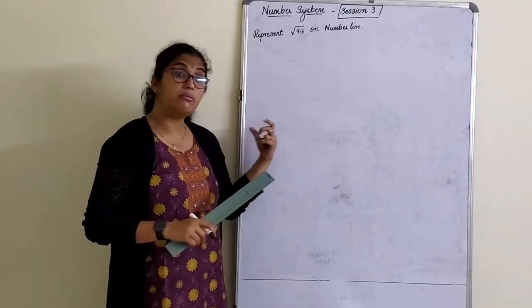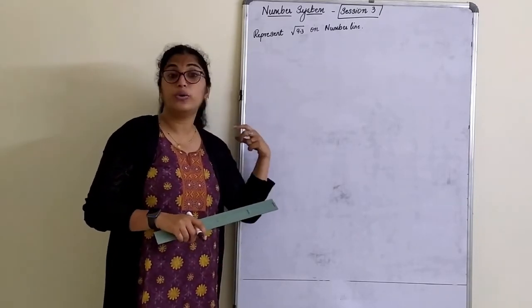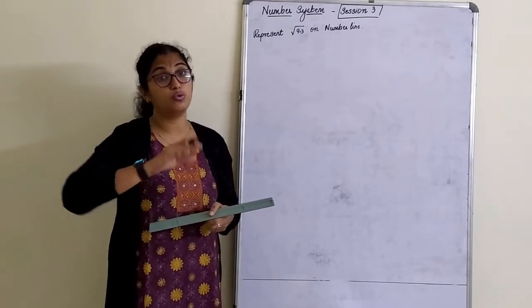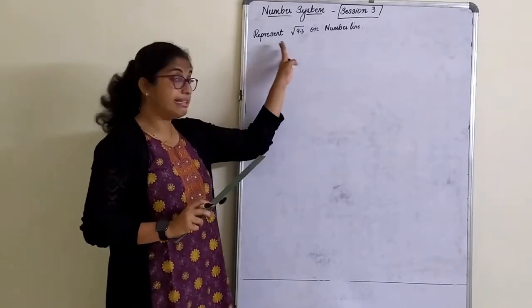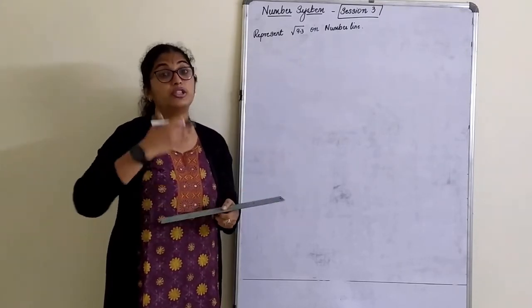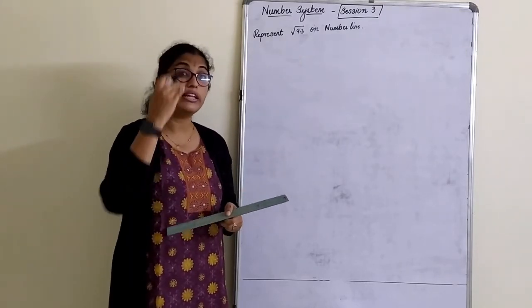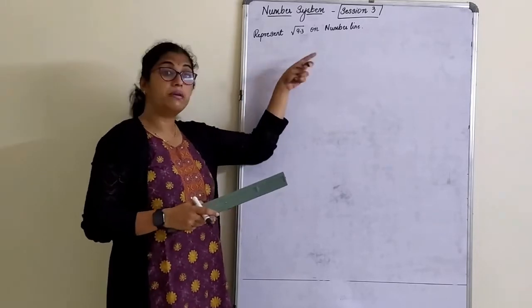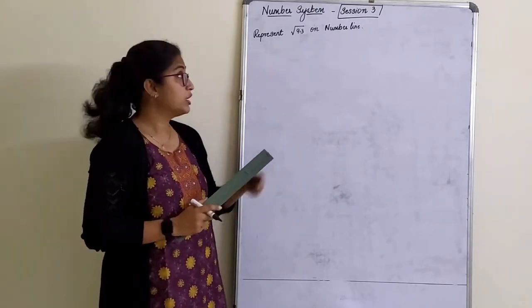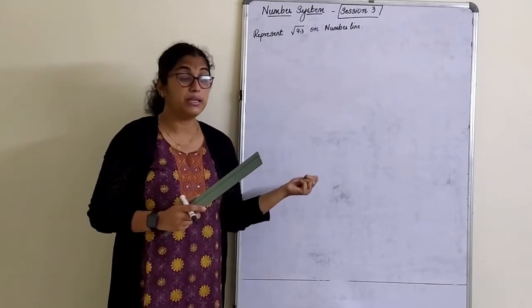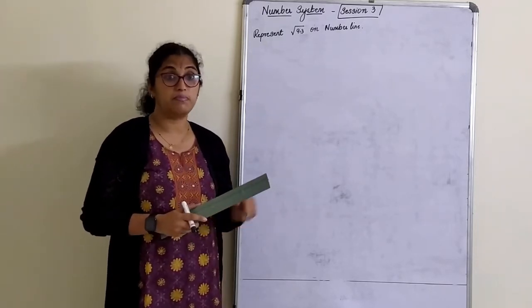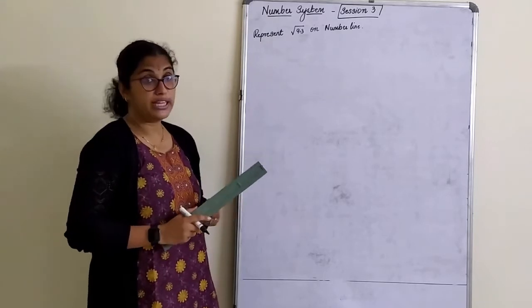So there is a particular method to represent that. It is not how we represented previously, root 2, root 3, root 4 and root 5. So what we will do is, we will take this in today's session only, and in tomorrow's session we'll only finish the exercise, but the number line we will complete today. So again, there's only one number line asked in the exercise. There's an example given. You can practice that example for this number line.